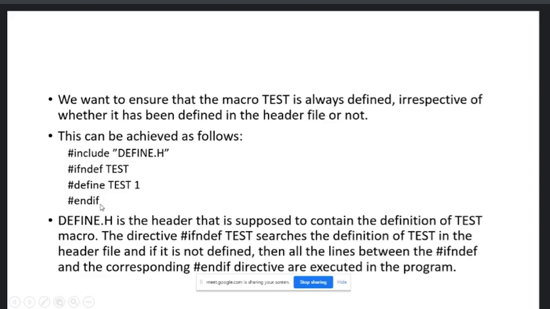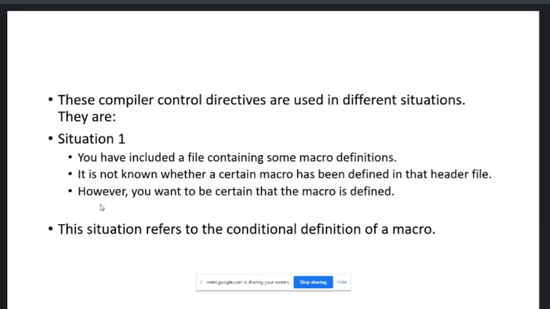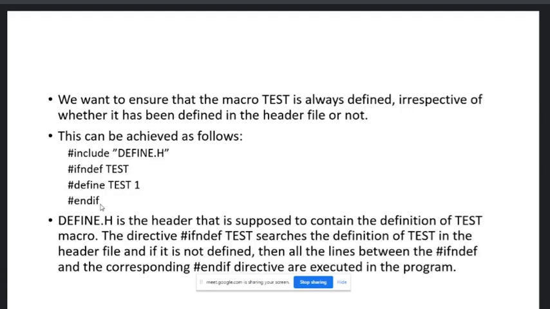Once again, situation 1: we have included a file containing some macro definition. It is not known whether a certain macro has been defined in that particular header file. However, you want to be certain that the macro is defined, and for that you can use this compiler control directive. We want to ensure that the macro test is always defined irrespective of whether it has been defined in the header file or not.